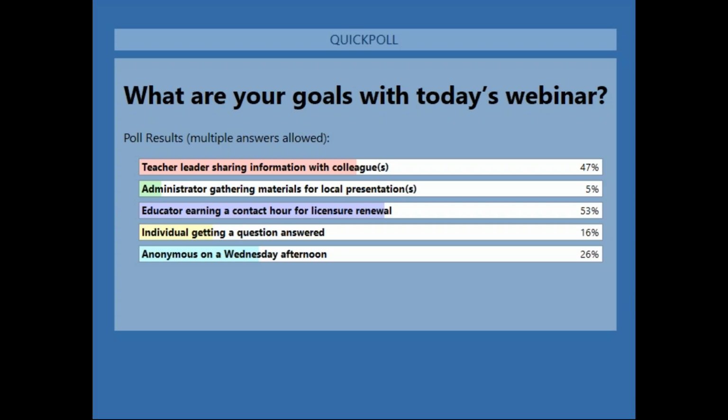Please save the email receipt you receive from the GoToWebinar system to document this contact hour towards a CEU for licensure renewal. There will also be a link where you can download a certificate. This is a content activity for world languages. Please note that local districts or charter schools must approve professional development offerings. In addition, a recording is being made of today's webinar, and the archive, including these slides, will be available for local training approximately 1 week from today. These materials can be used as professional development resources locally with contact hours documented by the district or school. So that's the thing about licensure renewal.